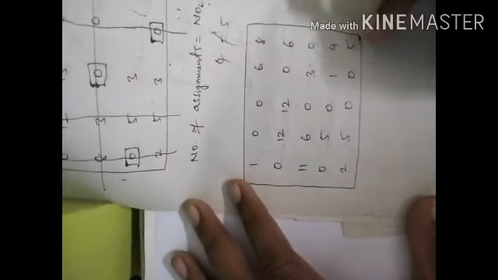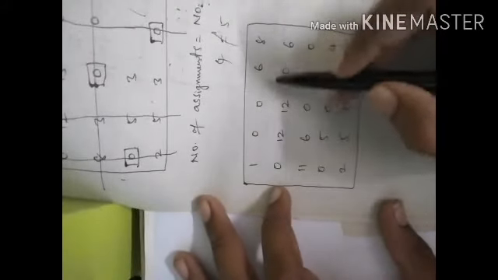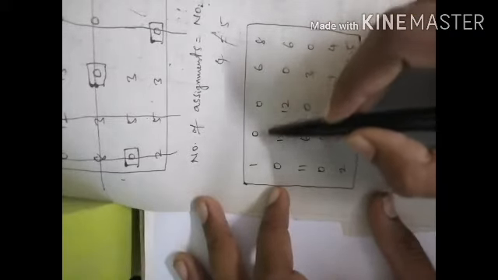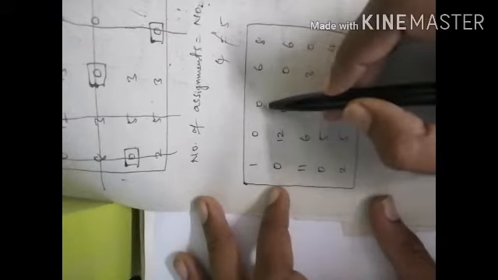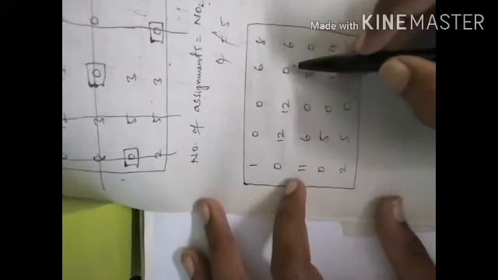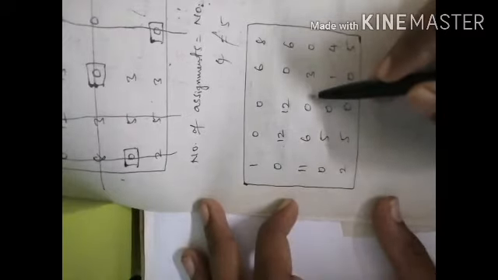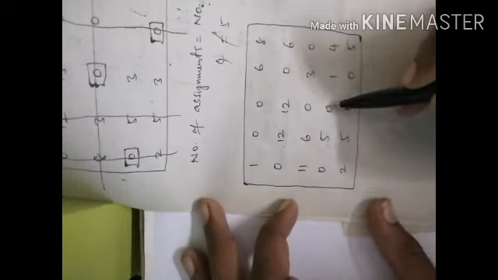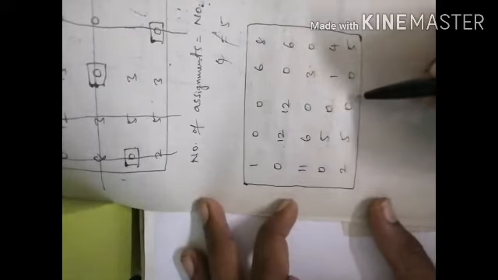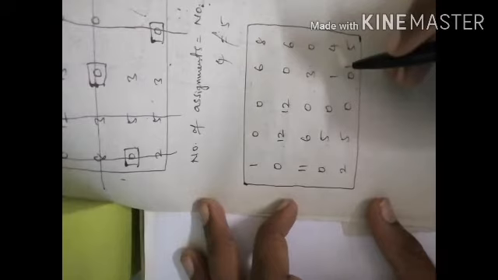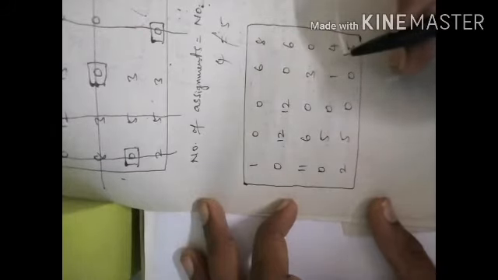So now the next step is we need to do the row examination, right? In the row examination, first we check row-wise. In the first row we have two zeros, so skip it, then see the next row. The second row also contains two zeros, so skip it, and the third row contains two zeros, so skip it. The fourth row contains two zeros, so skip it, and the fifth row also contains two zeros. So here the row examination will not get any assignment.